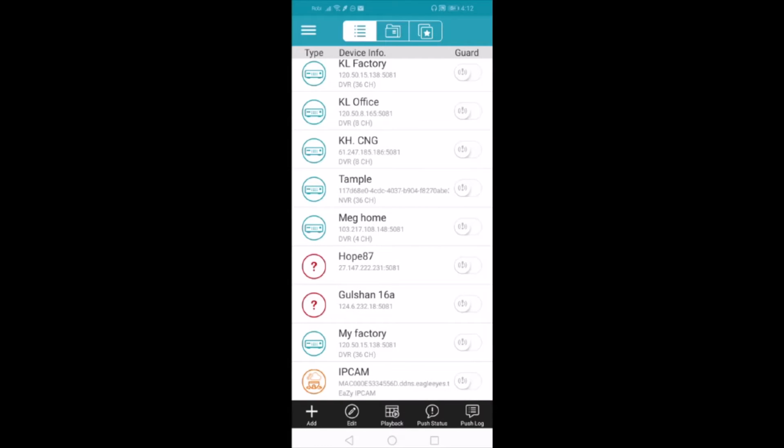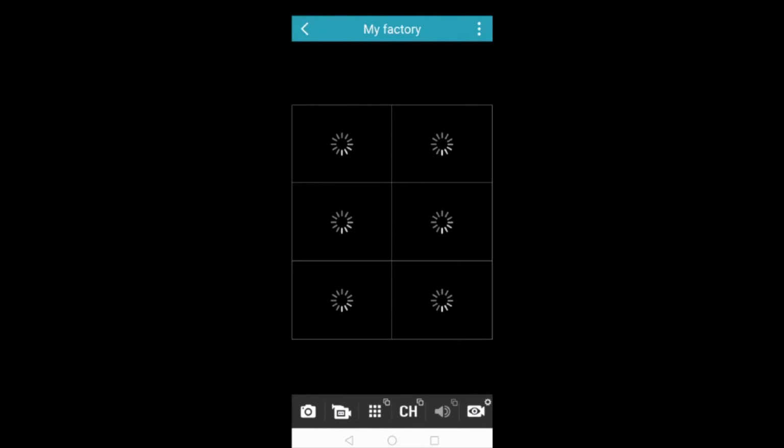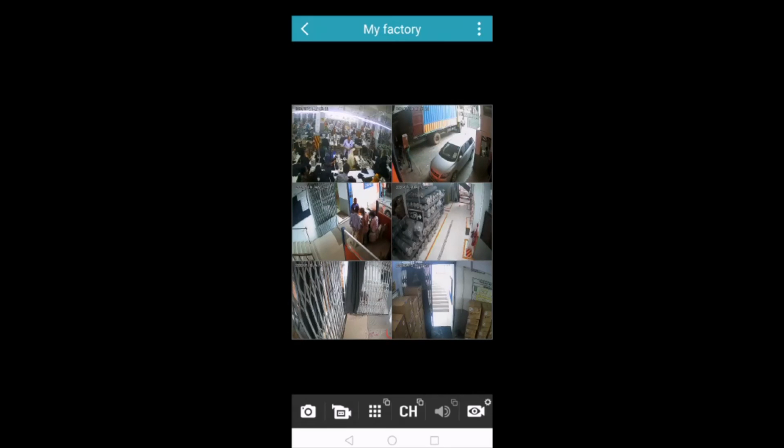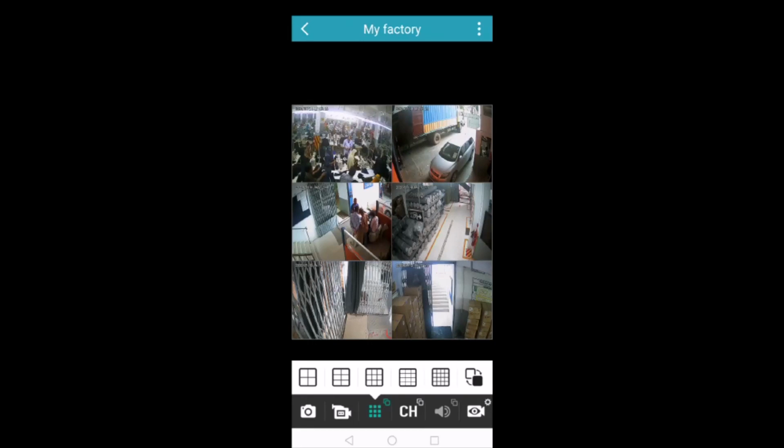So here are two icons, two sides, left side and down side. You will not press the left side or down side. You will press the center, where your name, my factory, is written. So you press here my factory like this. Okay, then you will check. It will show you your factory. So you can check from here, icon by icon. There are lots of things you can